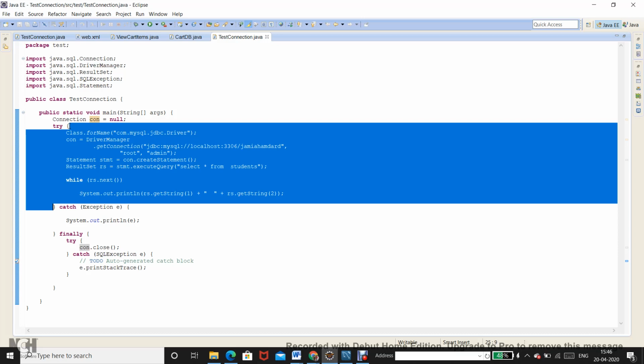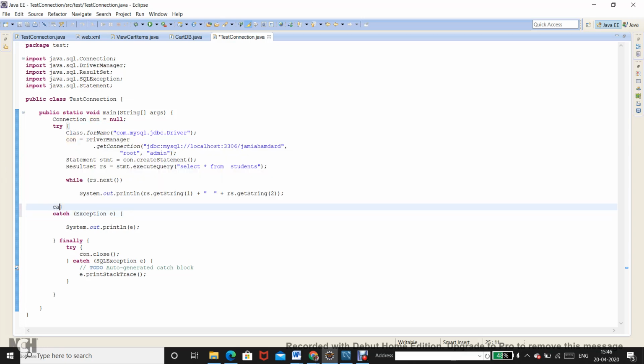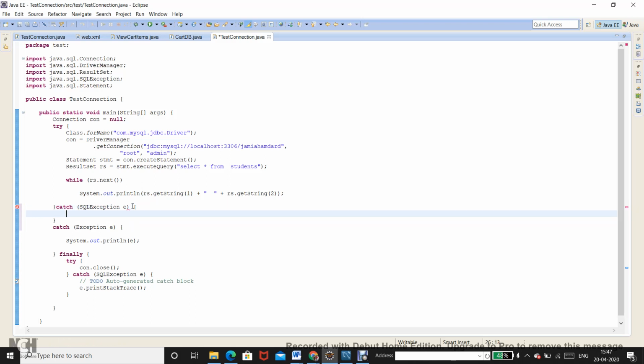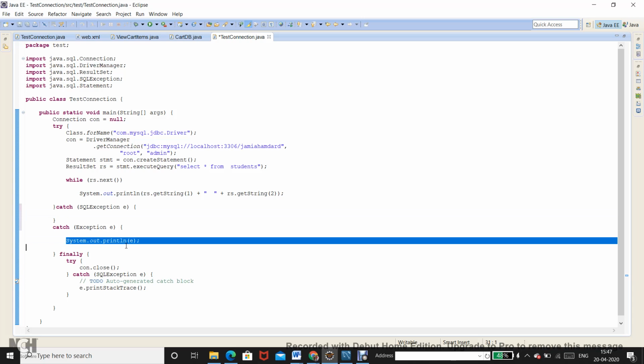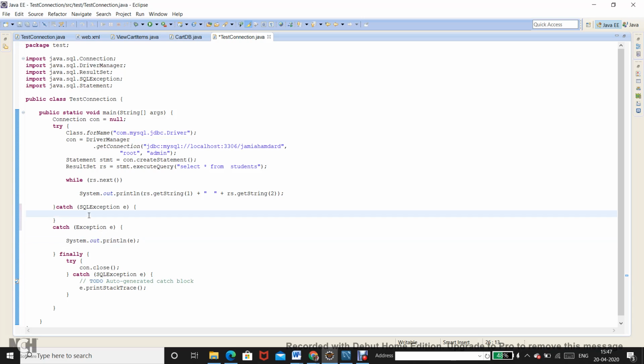Initially I have used the Exception e, but rather I should have done something like this: catch SQLException e, and then let me print this over here.